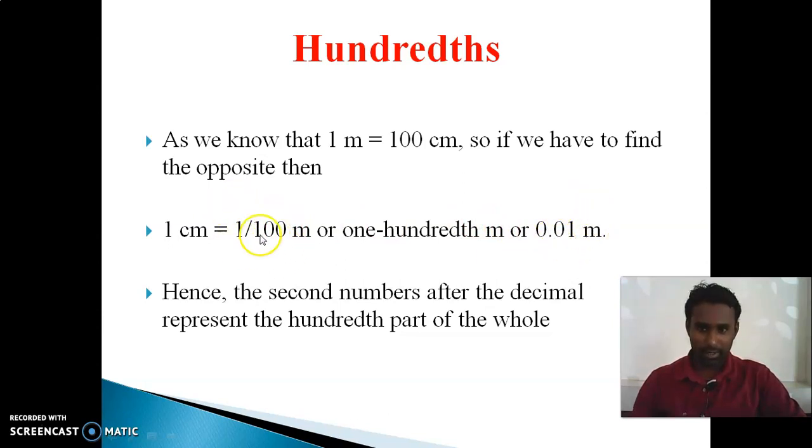digits, including the numerator. Okay, 2 digits only. 20 means decimal point after 2 digits only will come, including the numerator digit. So the second number after the decimal represents the 100th part. See here, this is the 10th part, this is the 100th part. This is called 1 by 100, this is 1 by 10. Okay, understand? So now we have to know